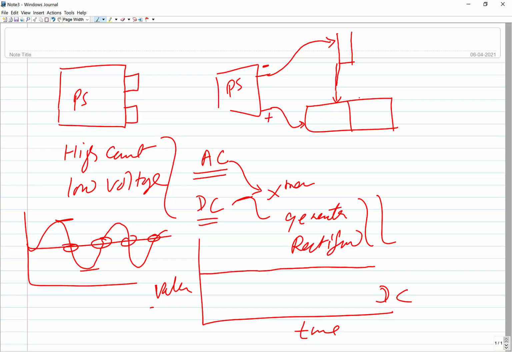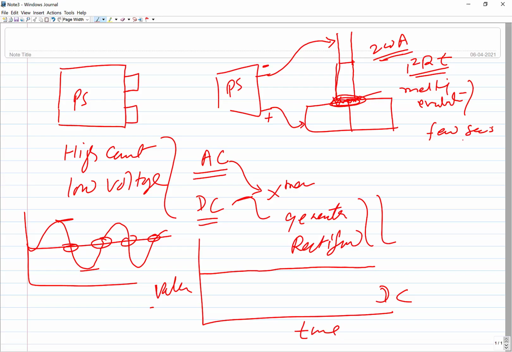So for a short while, when it is brought in contact, the heavy current as per setting, say 200 ampere, is flowing through these contact edges. So short circuiting happens, heavy current flows, and through I square RT joule heating generates a lot of heat. So there will be melting, there will be evaporation of metal vapors and the impurities, of course, which are present, and this happens in a very few seconds or fraction of seconds.